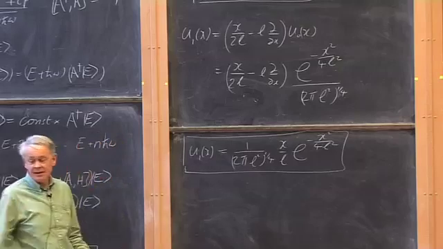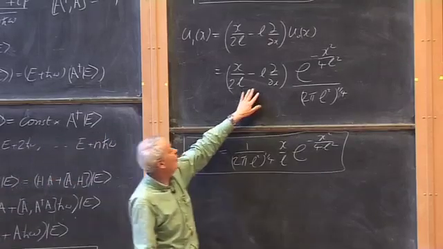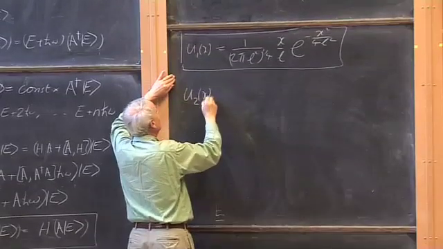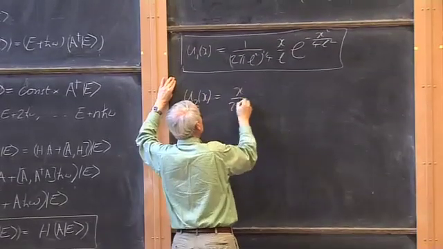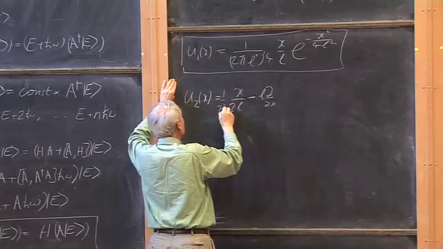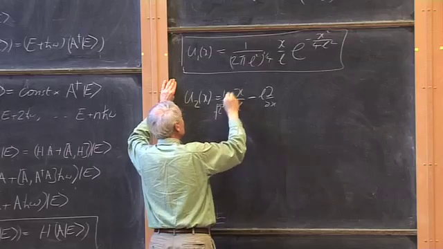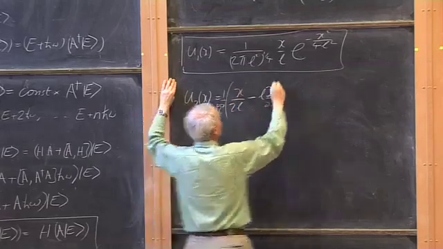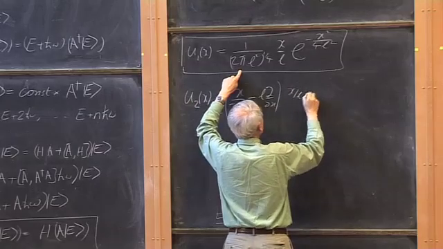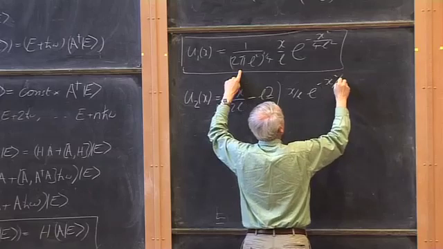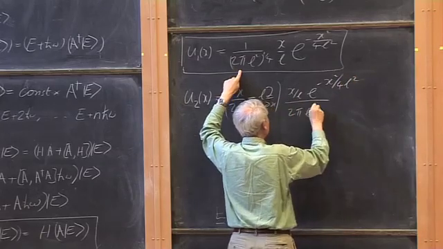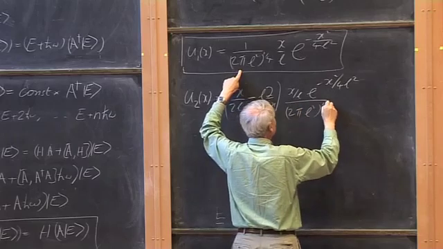To find the second excited state wave function, we'd use this self-same operator. I'm not going to do this, but let's just see what it would look like. U2 would be x over 2L minus L d by dx, 1 over the square root of 2. That's the 1 over square root of n plus 1, operating on U1, which is x over